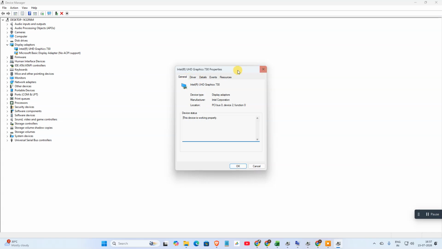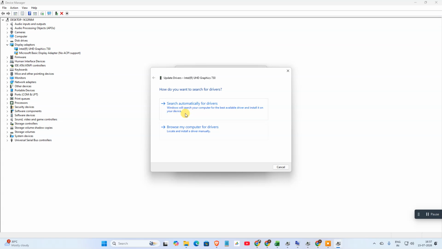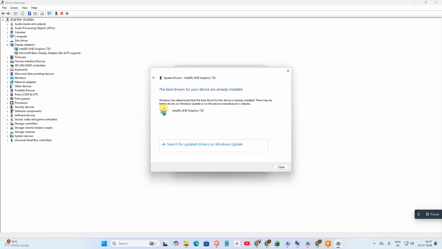Okay, so if you want to update it, come to the driver and go to Update driver and go to Search automatically for drivers, and if it is not updated, it will start updating, or if it is already updated, then it will show a message like this. Okay,